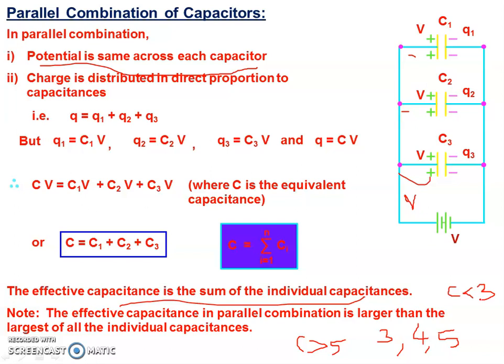So these are the two types of combination, but in general there will be problems of mixed combination, right. Mixed combination means a few capacitors are in series and a few capacitors are in parallel, right? So this type of complex circuits or networks come in the exercise. So that is all about the combination of capacitors, and this is enough for today's lecture. But tomorrow we will solve a few questions on these combinations, right? Okay, thank you.